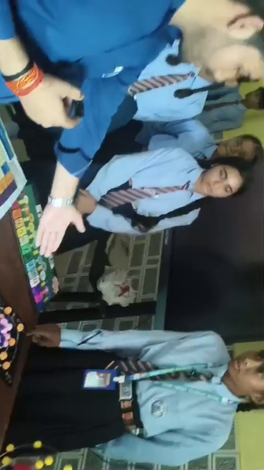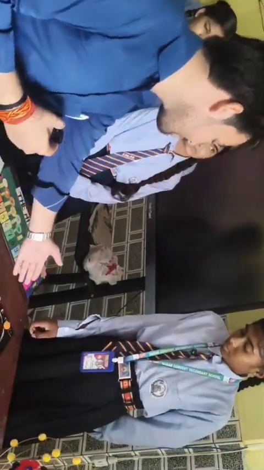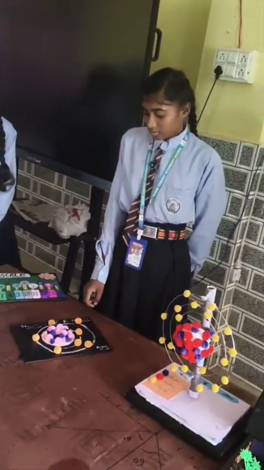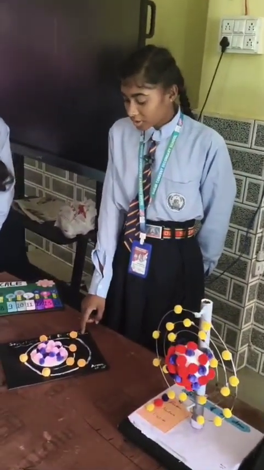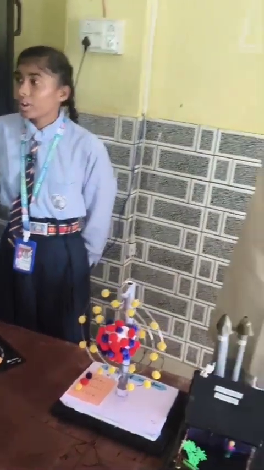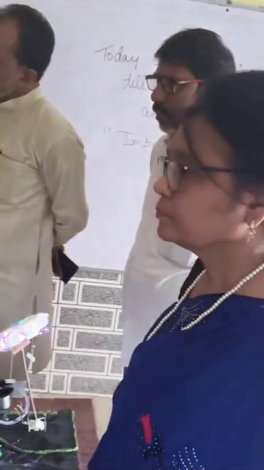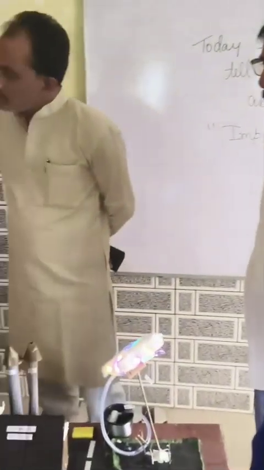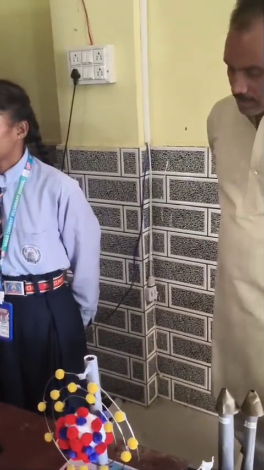Structure of nitrogen. Can you tell me about some features of the structure of nitrogen? What is the structure of nitrogen? Can you tell about something? The proton is pink color and the neutron is blue. So how many neutrons and electrons are present in nitrogen? Numbers of electron and proton.